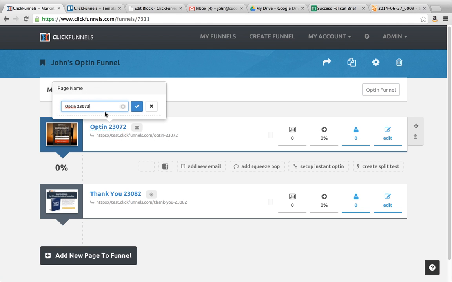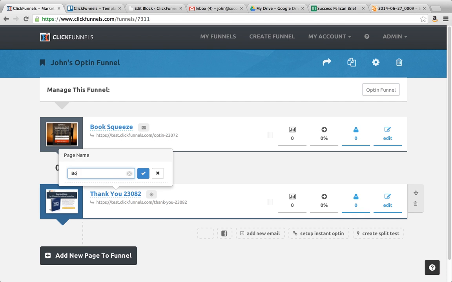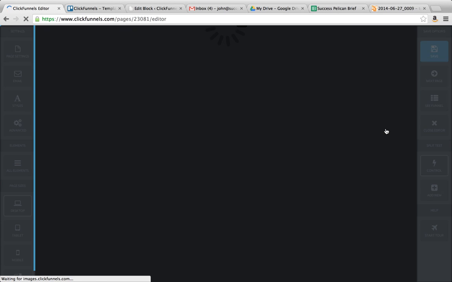First thing we can do right here is we can edit the name of it. So we'll call it my book squeeze page. We'll call this one my book thank you page. Awesome. So now we're going to go in and we're going to edit